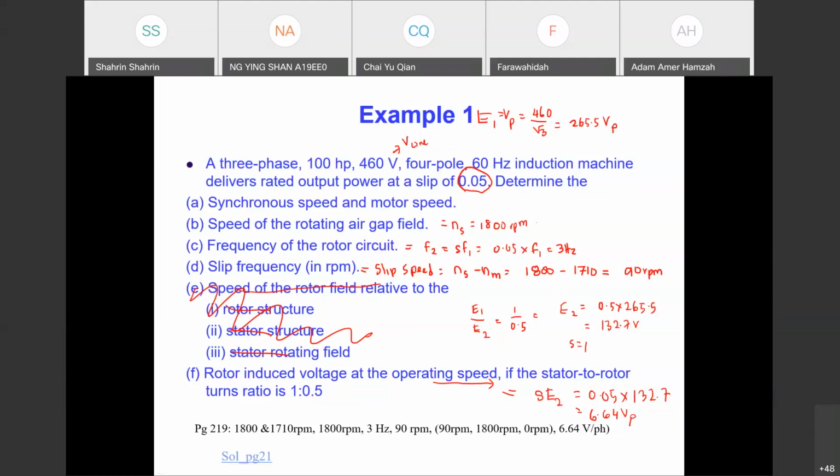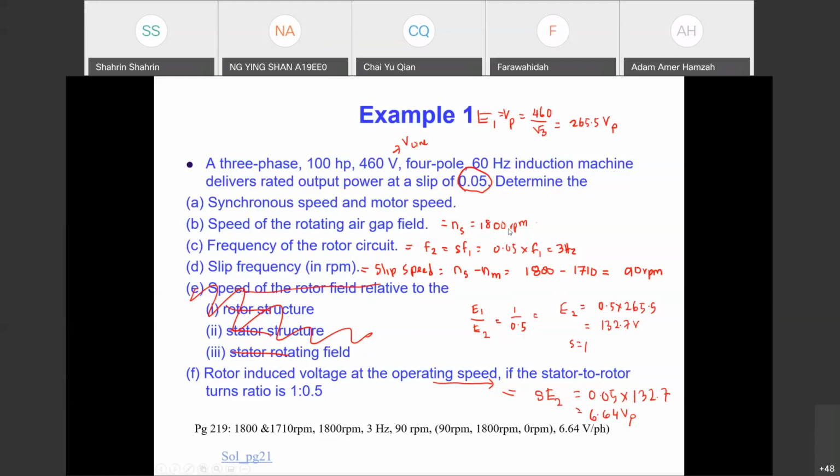So as you can see, during standstill, the voltage induced is very high, but when your motor is speeding at the rotation with a small slip, the voltage induced will actually reduce. Yes. The speed of the flux rotation is always maintained at